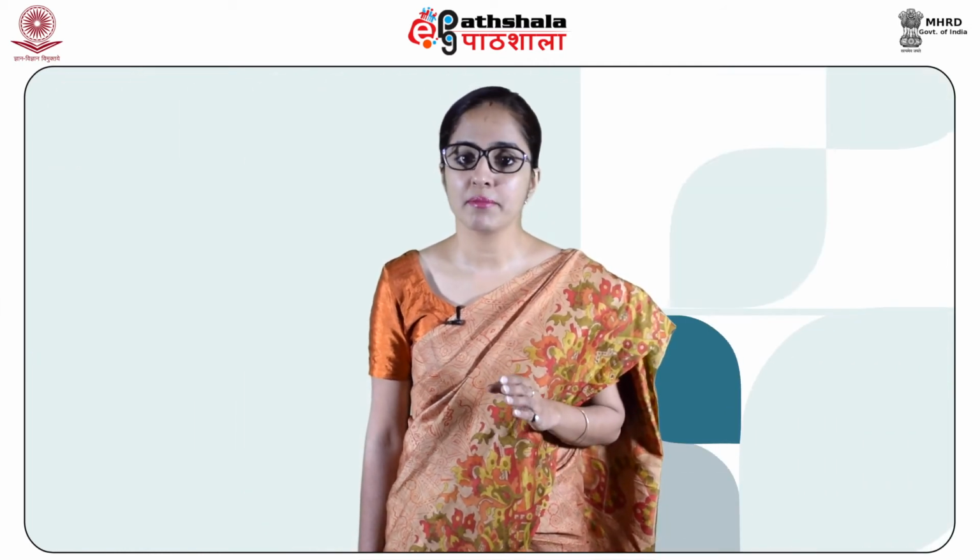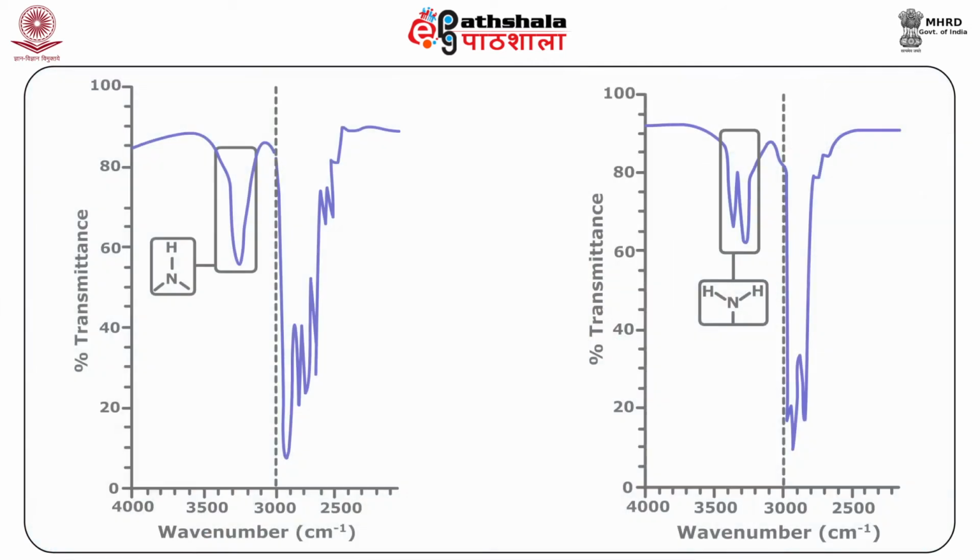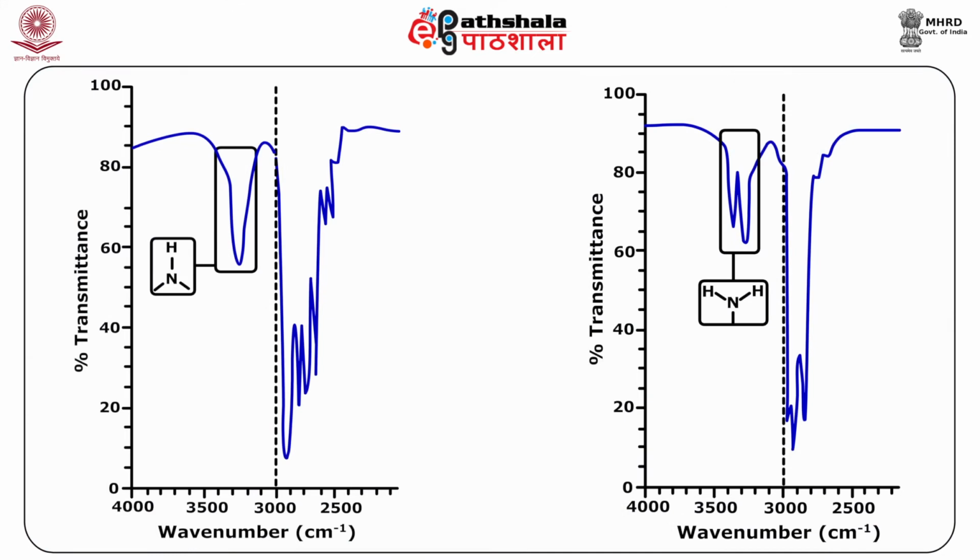The primary amine, that is NH2, secondary amine NH, and the tertiary, that is no hydrogen attached to the nitrogen, amines may be differentiated by using infrared spectra. Primary amines, that is RNH2, show 2 NH stretching bands in the region of 3500 to 3300 centimeter inverse, whereas the secondary amines R2NH show only 1 band in that region. Tertiary amines, however, do not have any H attached to the nitrogen atom, thus they do not show